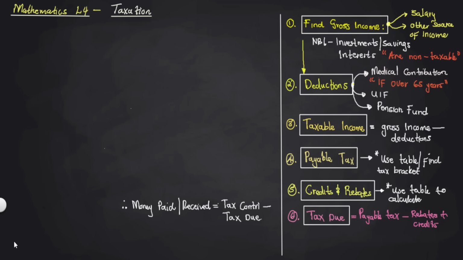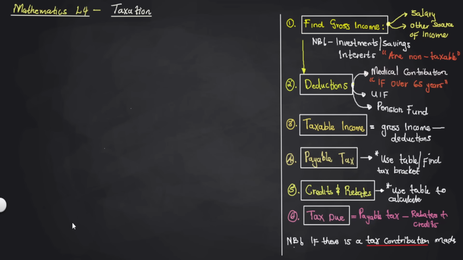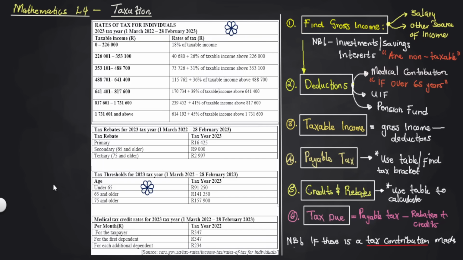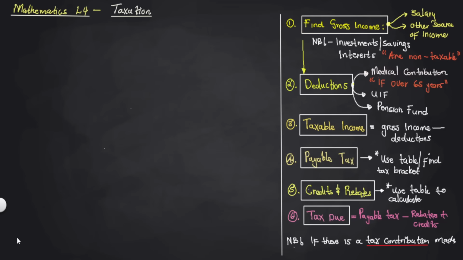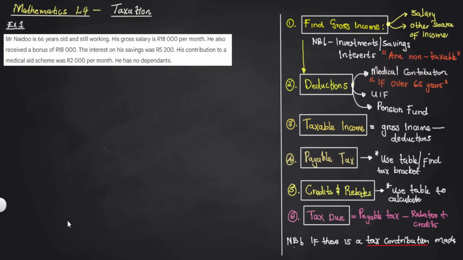So I think we can hide this one and work on our first problem. We're going to be using this table. This table is for 2022-2023, right? I couldn't find the recent one or the latest version, so we're going to be solving our problems using this table, all right? But this table, of course, is going to be provided in your question paper. Problem number 1. This is our first example. So let's do this.